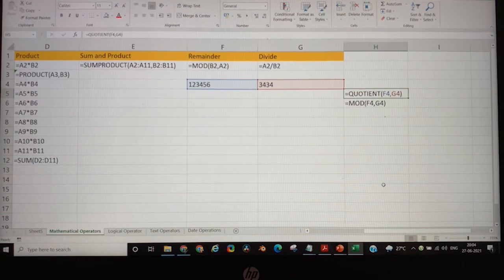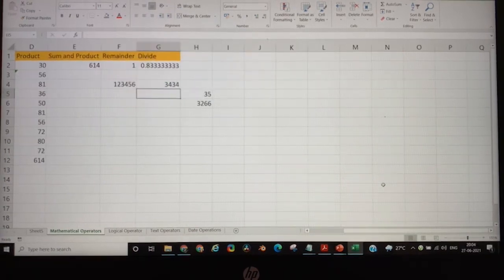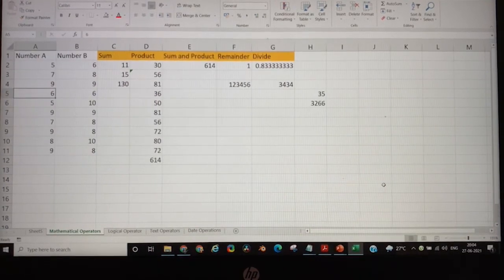People are afraid of pivot also. What people don't know is that pivot is nothing but a visual representation of your conditional mathematical formulas like SUMIF, AVERAGEIF, COUNTIF, etc. So if you understand them, you will understand pivot. So that's how this is. You need to understand the basic formulas first, otherwise learning complex formulas becomes difficult.